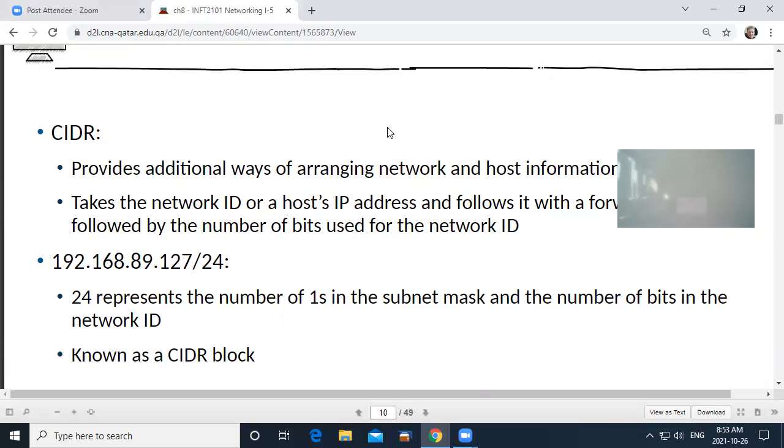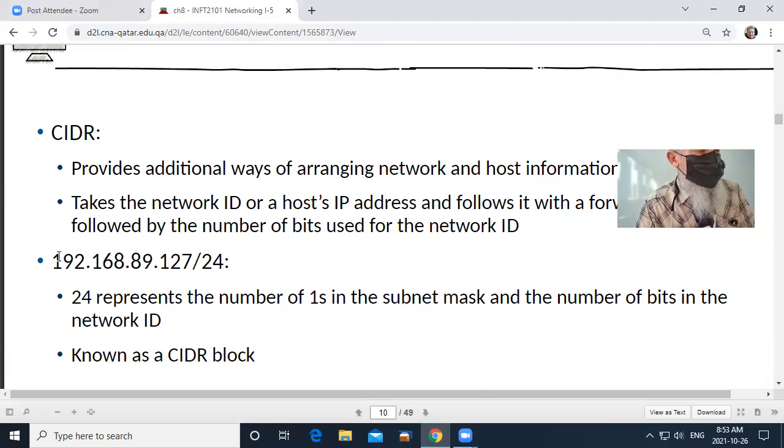But if you wanted to have more networks, you could change the 24 to a 25, and that would be dividing the network hosts that you have in 2 to create another 2 networks, each with fewer hosts.